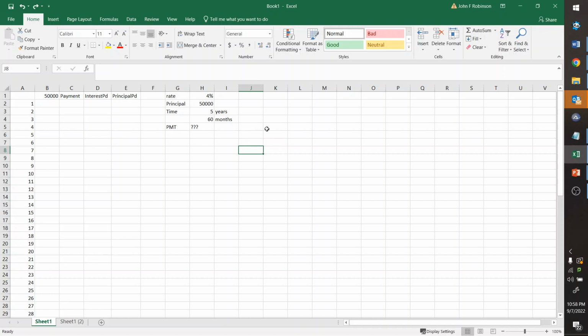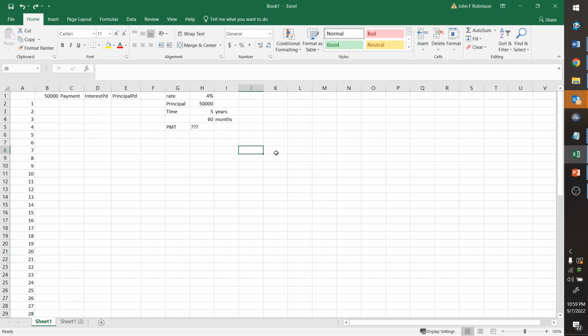So I'm going to set the amortization table to be a 5-year loan, right? So that's how we get to 60 months. We'll have monthly payments. So, right, five times 12 is 60. And then